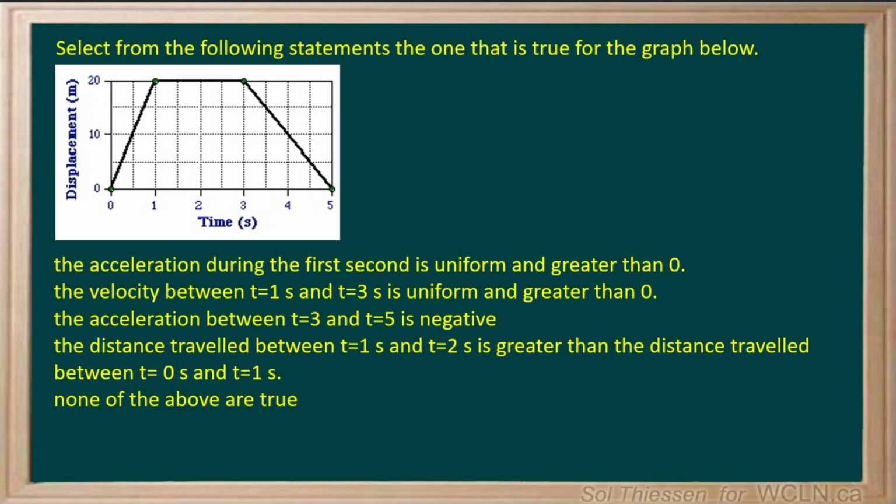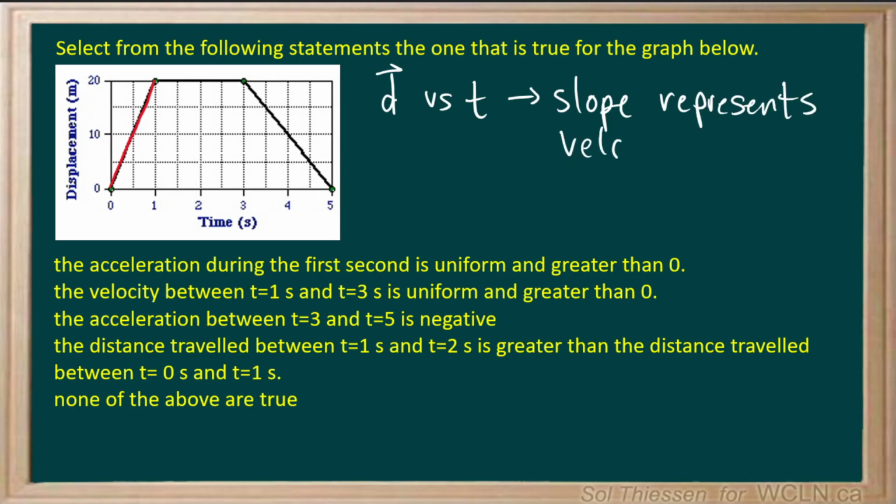So if we look at the first second here, so this part of the graph, we see that the slope of the line is constant, which means on a displacement versus time graph that the velocity is constant, since slope represents velocity. If the velocity is constant, that means that no acceleration is involved, since acceleration is a change in velocity